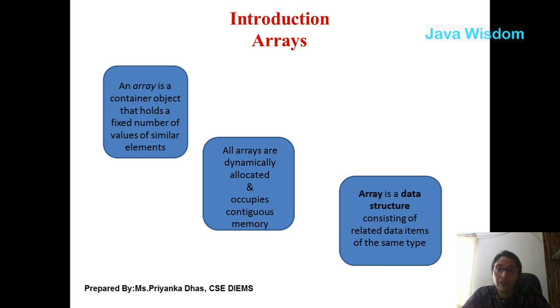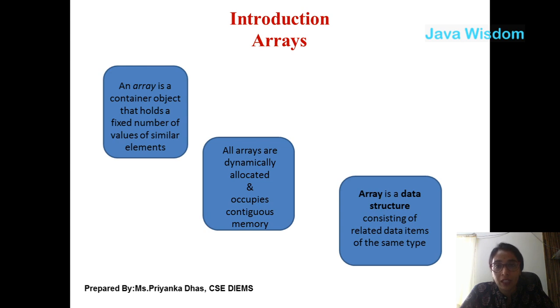So if we see an array in Java, basically an array is a type of data structure which stores similar type of data under one single entity. So if I want to store 10 values, or let's say I want to store marks of students, so marks are the same type of data for a particular student. So instead of storing each and every student's data in separate variables, we can continuously store them in one unit structure. That concept can be implemented using an array.